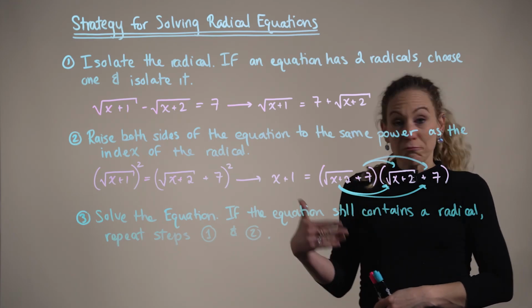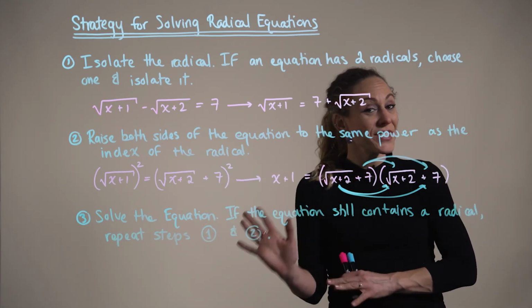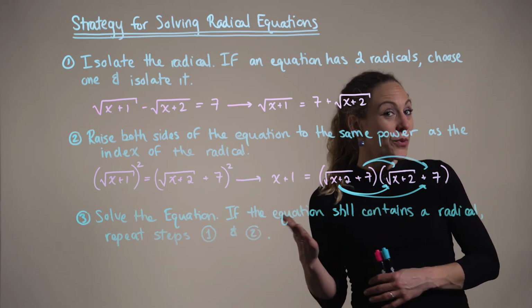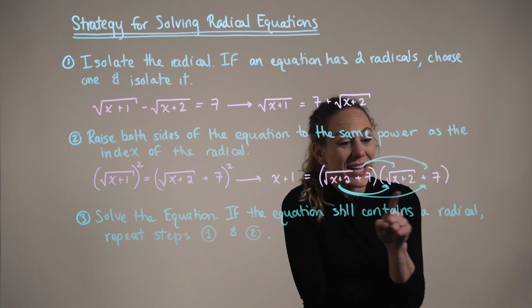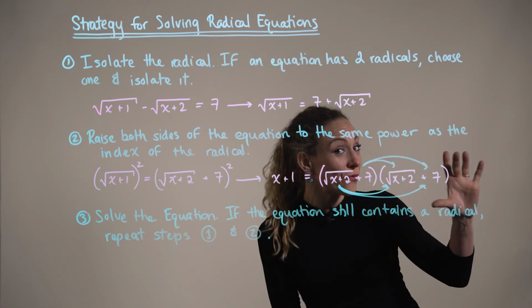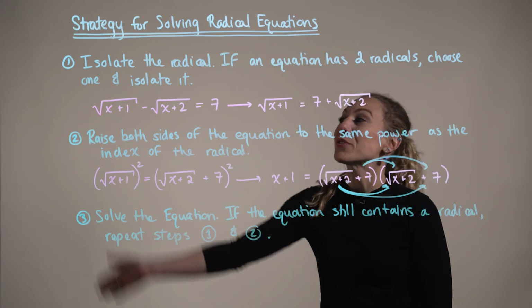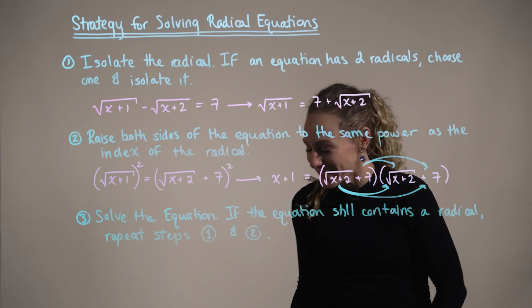Now step 3, solve the equation. But keep in mind, if your equation still contains a radical, don't give up. You simply have to repeat steps 1 and 2 to remove the radical. So that's going to be the case in this example. After we FOIL this out, our equation will still contain a radical, so we'll need to repeat steps 1 and 2 to remove it. And last but certainly not least,